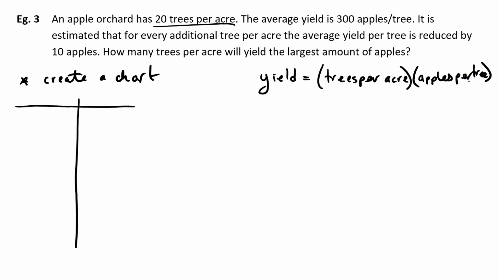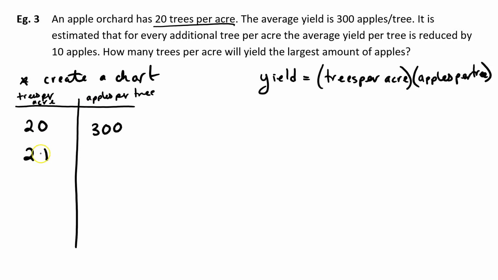So this one right here would be trees per acre. And then this one right here would be apples per tree. Now, I don't want you guys to think of this in terms of independent and dependent variables right now. I just want us to find out what the pattern is. So if there are 20 trees per acre, that means that the yield per tree is 300. If we go one more tree,